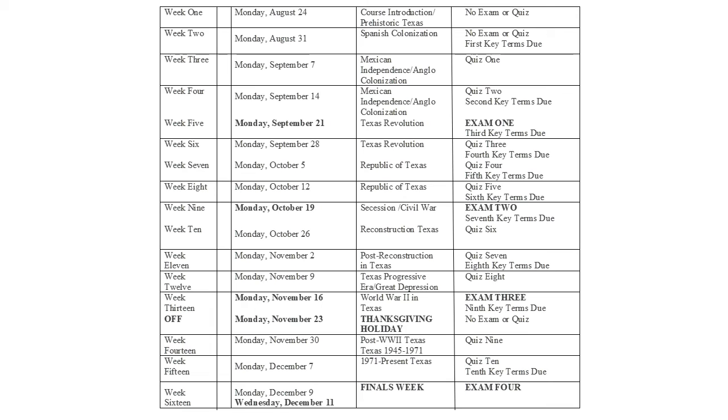This is the last portion of your syllabus. It's the lecture schedule. If you notice on the left, I have the semester broken down into weeks: week 1, week 2, week 3, etc. I gave you the Monday that week starts. So technically, a week will start on Monday, and it will end on Sunday at 11:59 p.m. Next to the date is what we'll be covering that week, and then on the right is the coursework that will be due that week.